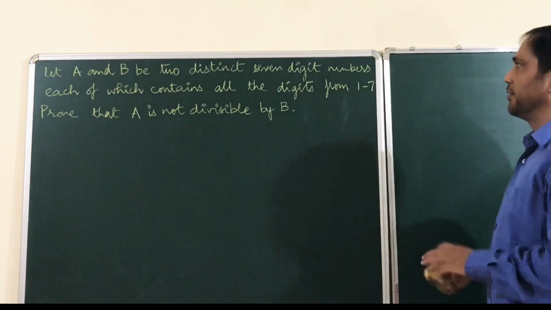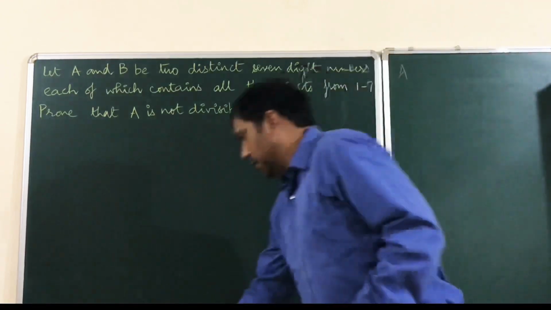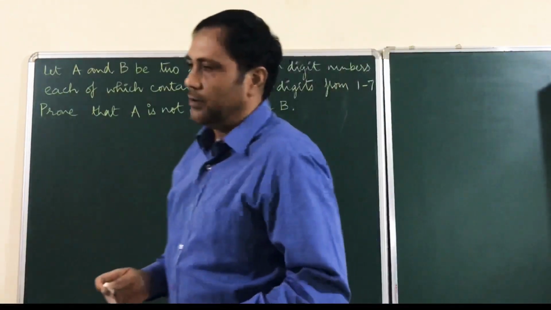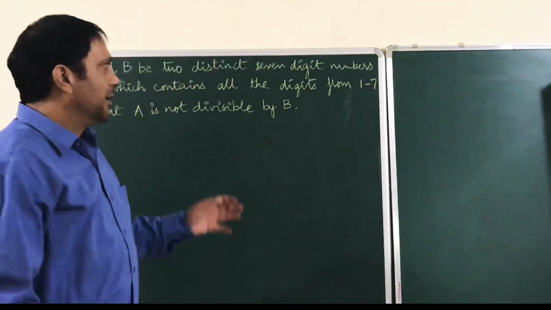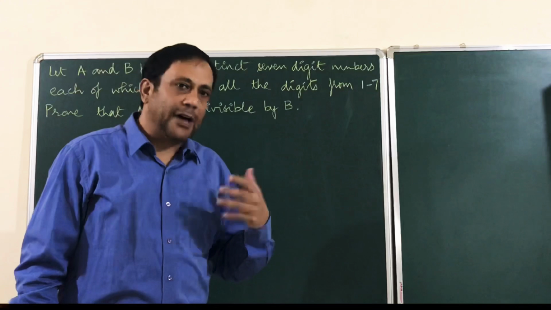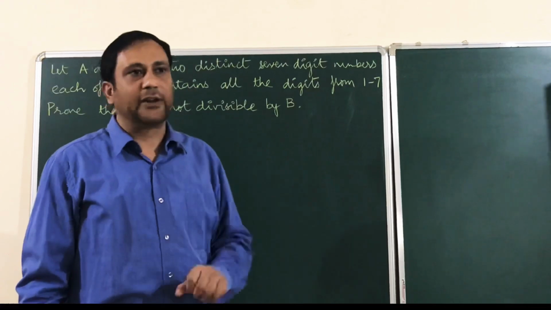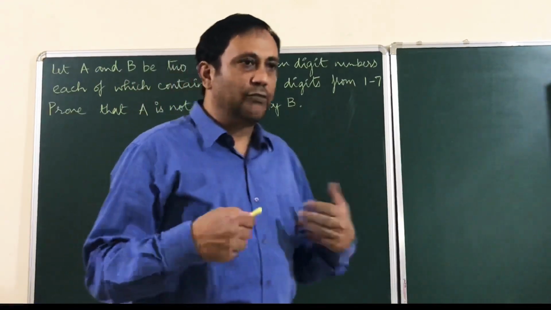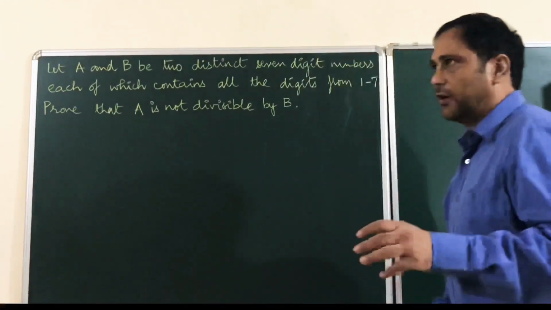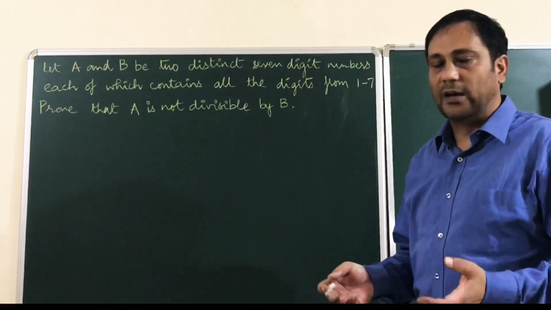How? Let's say A is any number formed using the digits from 1 to 7. What is the purpose of using divisibility by 9? For any order of the digits, we finally check whether the sum of the digits is divisible by 9, so any arrangement can be written there. But with anything else, you'd have to change the order, and if you change the order, the divisibility will also change. So divisibility by 9 and divisibility by 3 are very important, and we need to learn those applications very well.